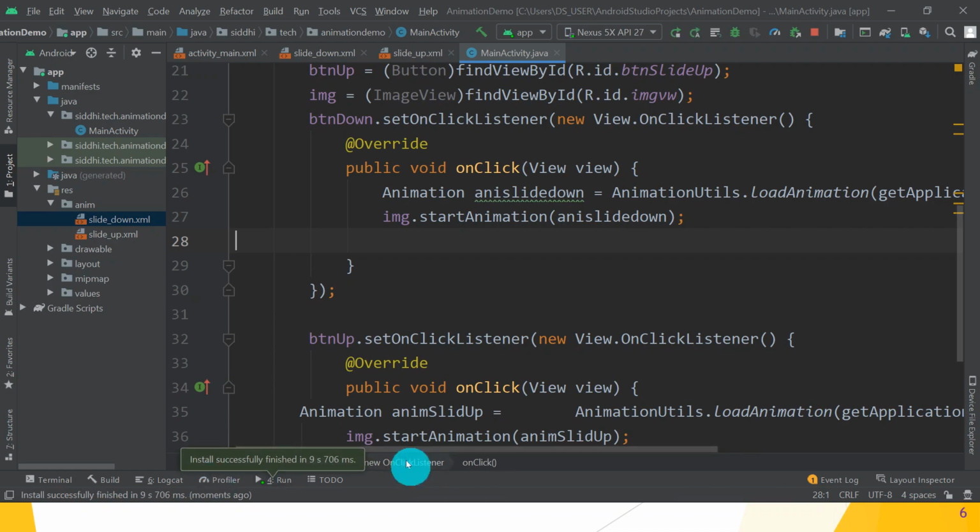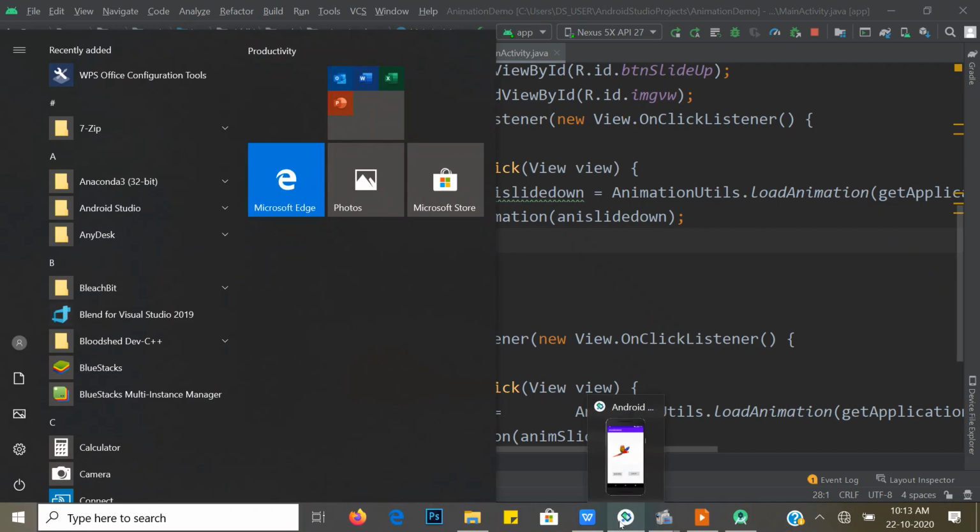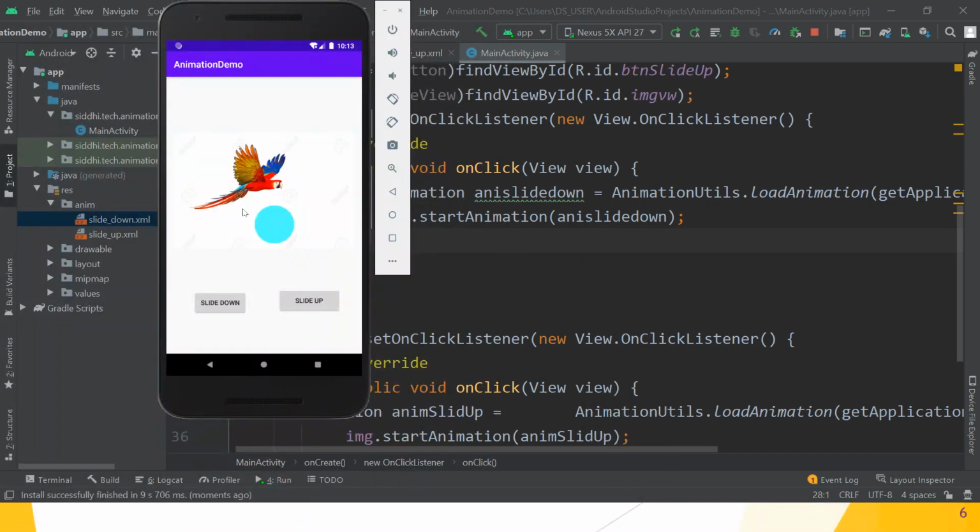Now open the Android emulator. Great. Now check whether it is applicable or not. Which effect? Fade in and fade out. So this is the fade in and fade out effect. So this is fade in, fade out. Okay, so you observe the image, so you see the effects on the image. So this is the fade in, fade out effect. Great, guys, hope you understand this.